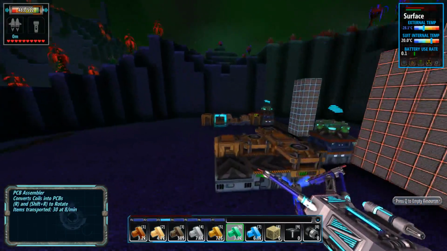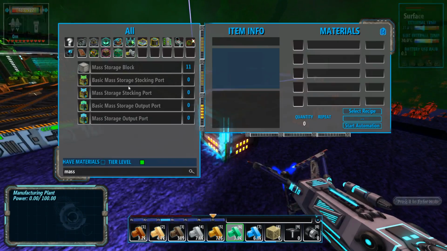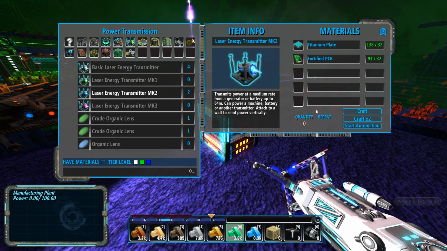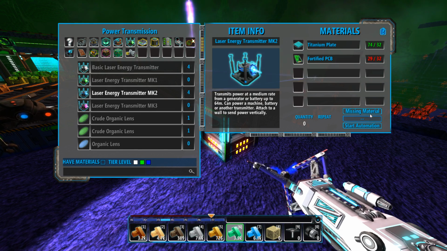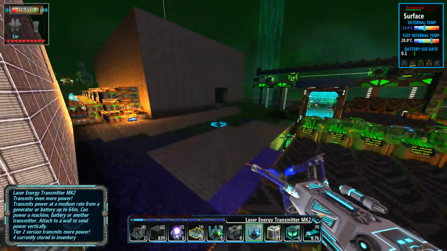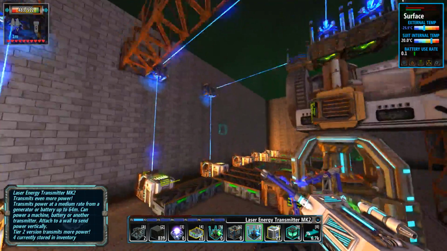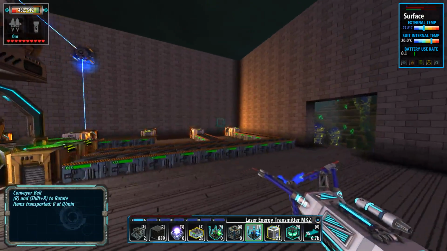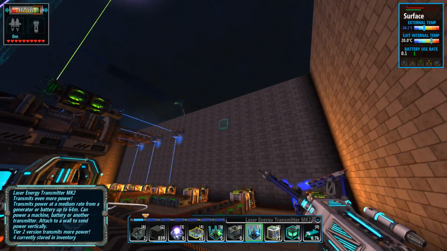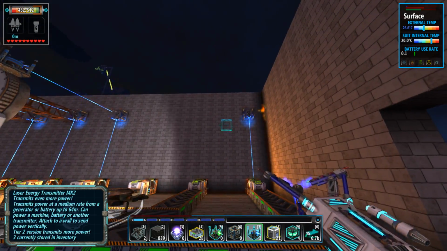Can we actually grab some of these and start making some transmitters? That's the question. Because we still need 3 of them to finish up our... We can make 2. Crafting. Okay, so we have 3 that we can put in so that we can get our titanium powered up, and then we just need to go through and finish up the rest of these guys. Alright, like so. And then we're going to do...